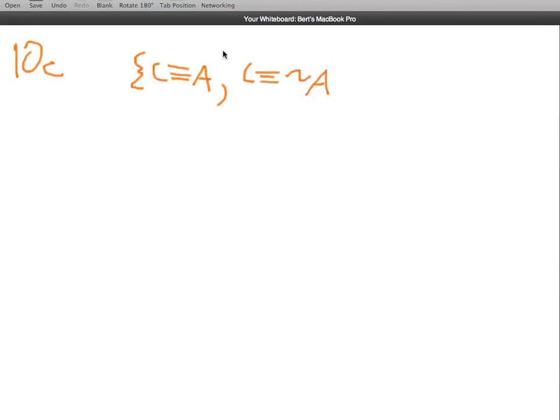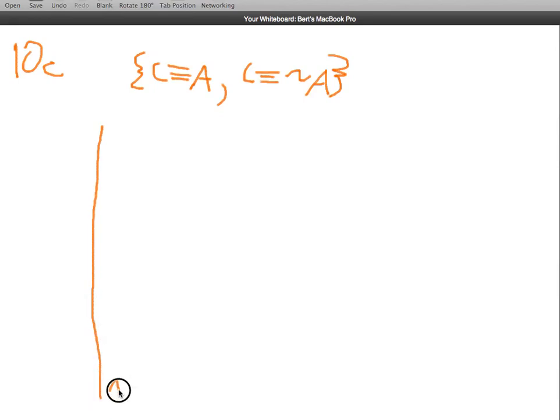And actually, for what it's worth, I think they have this swapped. I think this comes as the second member of the set, but sets are not ordered. In other words, you'd have the same set if this was over here and this sentence was over there. It would be the exact same set. Okay, so we want to show that this is inconsistent. So what we need to do is try to get a contradiction. And it should be pretty immediate where we're probably going to get this contradiction from, between not A and A. So our goal then